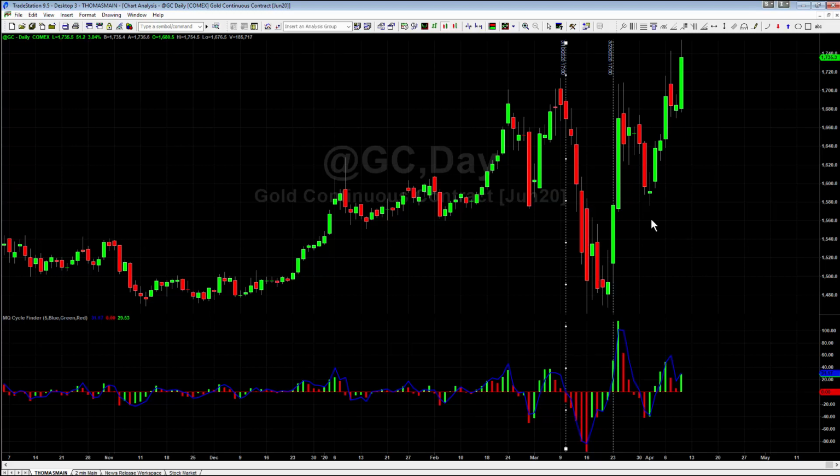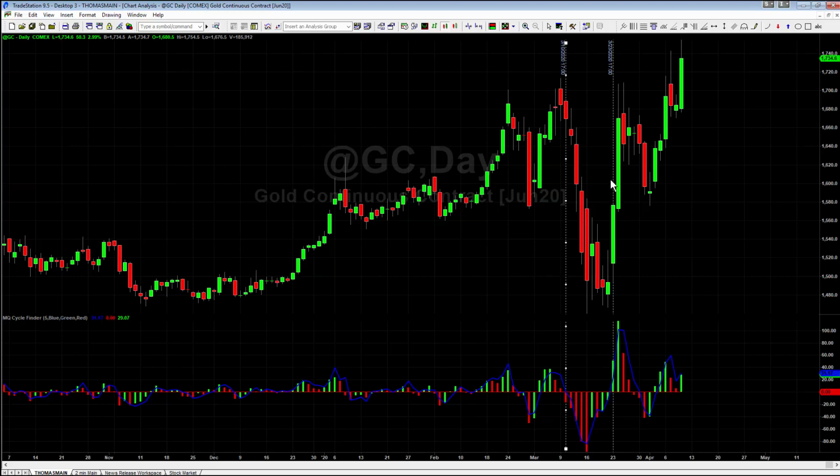So one of the ways that we use this tool is as a filter for bias, which is overall direction based on the long-term cycles. If histograms are above that midpoint, we're only looking for longs. If they're below the midpoint, we're only looking for shorts. And we can also use it to help us filter out things like candlestick patterns to help increase our likelihood